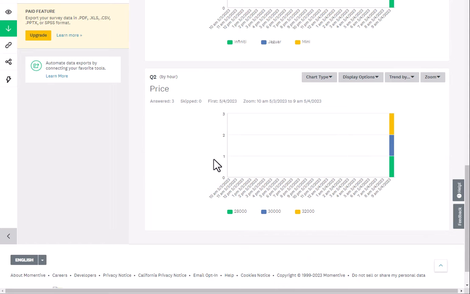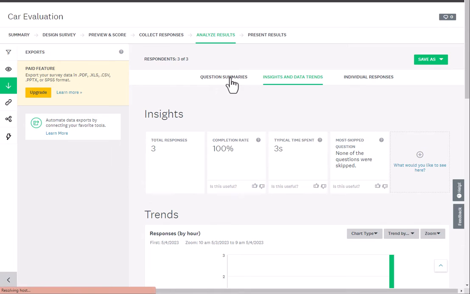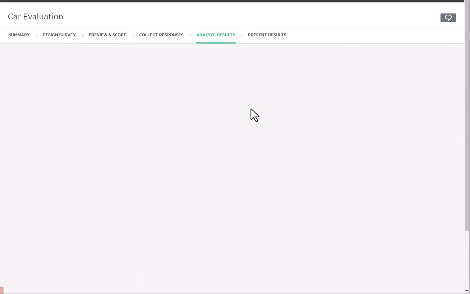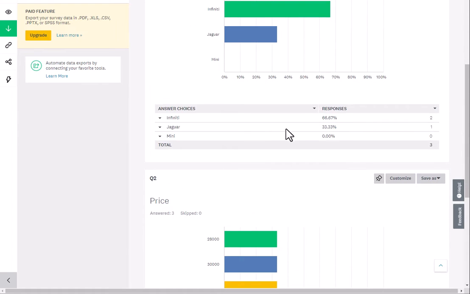Very simple graphics, not a lot of what I would call analytics per se. Here we can look at the question summaries, for example. This is again all on SurveyMonkey, and it'll come up here in just a moment. You can see here, pretty simple bar chart,